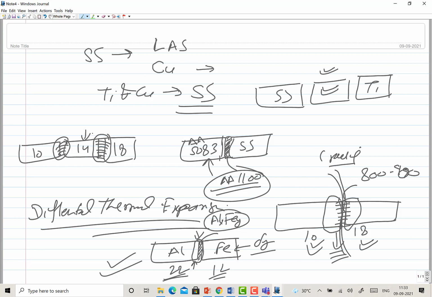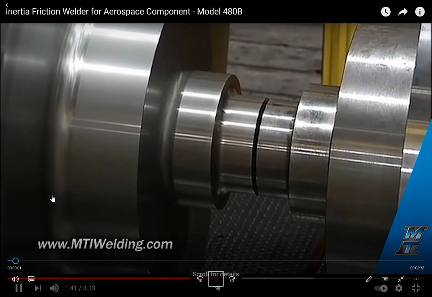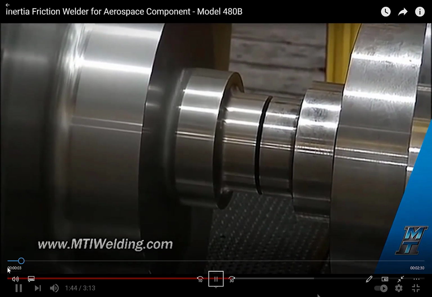Okay, so this was about the issues which are commonly encountered during the friction welding of dissimilar metals. Now I'll show you some of the things related to further details. So this is about your